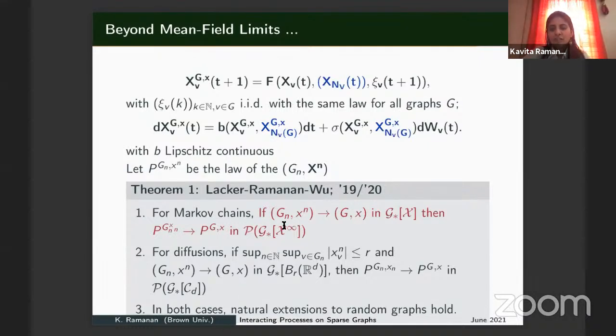this tells you that the root neighborhood of the X_n, so the root which you've chosen randomly, the root dynamics X_n converges to the root dynamics of this limit system. So you have this infinite SDE dynamics, and I'm saying that the root, so X^{rho,n} of G_n, X_n, will converge to X^rho of G, X.